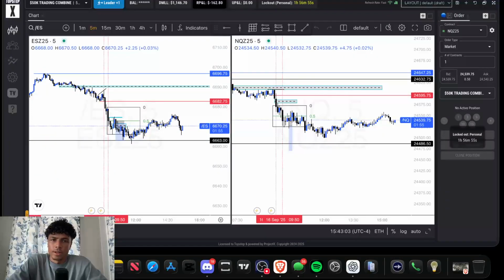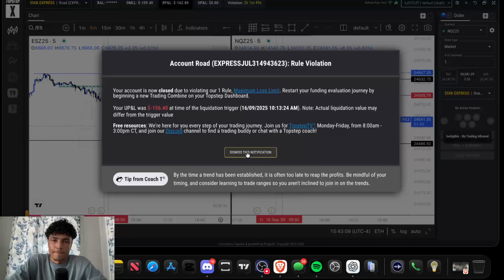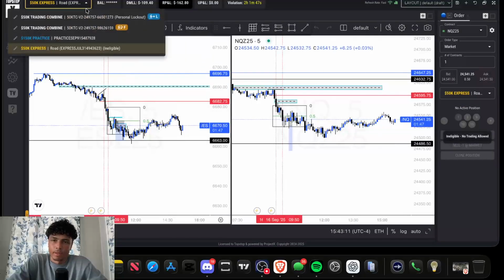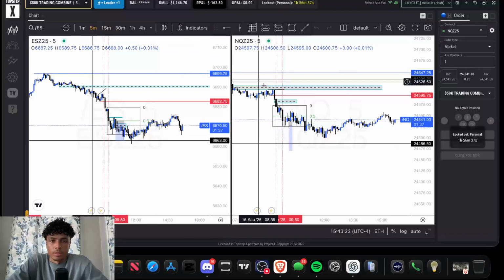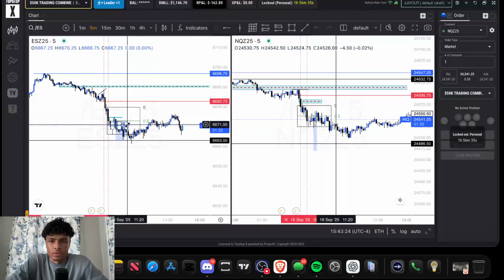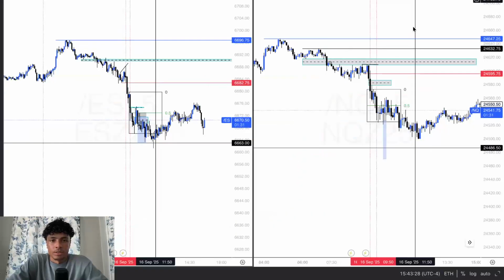So in this trade, unfortunately, I did blow my account. I blew this one right here. It sucks, of course. No one wants to blow their account. But we got to move on to greater things and keep working hard, right? And so, as you can see, this one looked like a winning trade. This was a losing trade, and let me dive deeper into this.